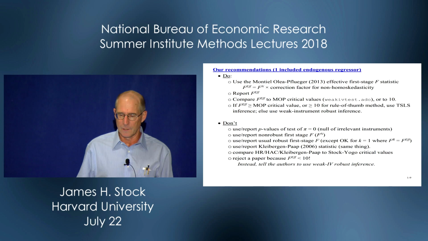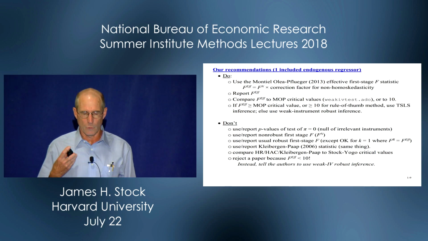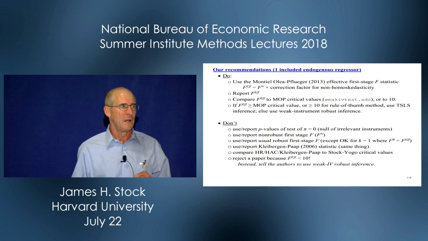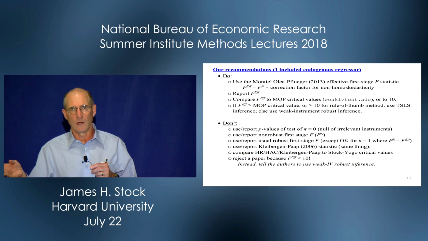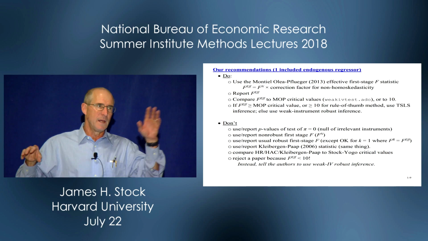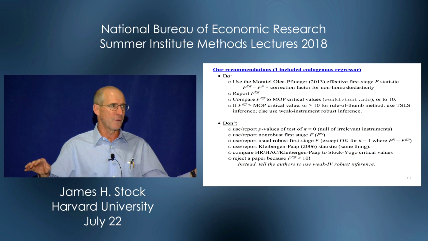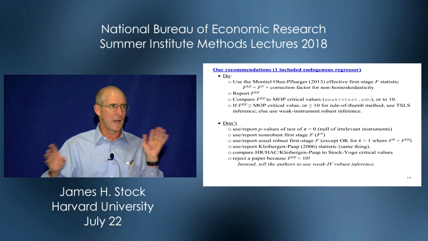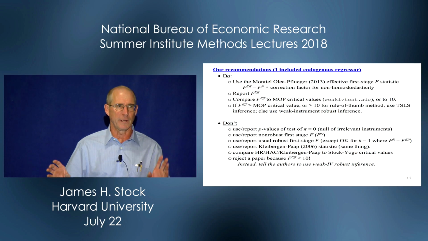Don't compare the heteroscedasticity-robust or Kleibergen-Paap statistic to Stock-Yogo critical values, and that's because the Stock-Yogo critical values are under homoscedasticity. This is just something else altogether under heteroscedasticity, and you'd think it would line up, but it doesn't line up because the stuff is tricky. Okay,